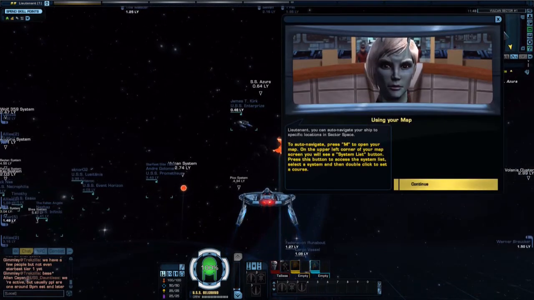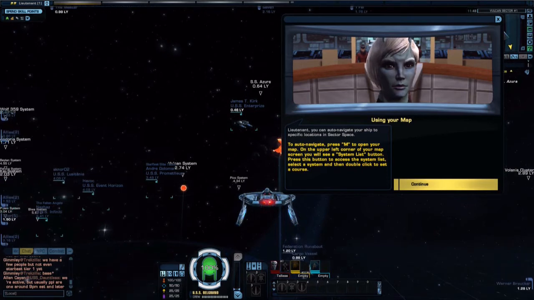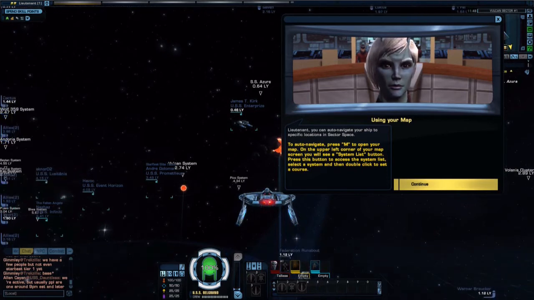Info. I can auto-navigate my ship to significant sectors. Press M to open the map. System list. Press this button and you can...